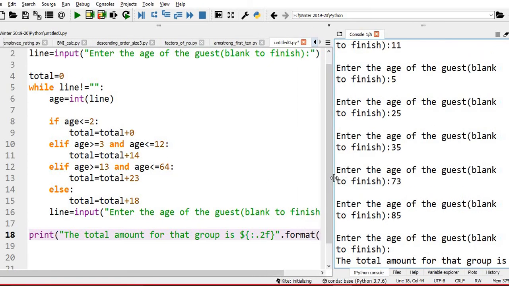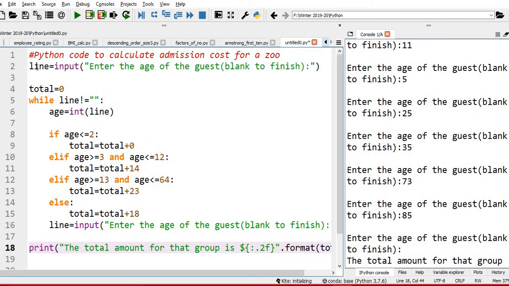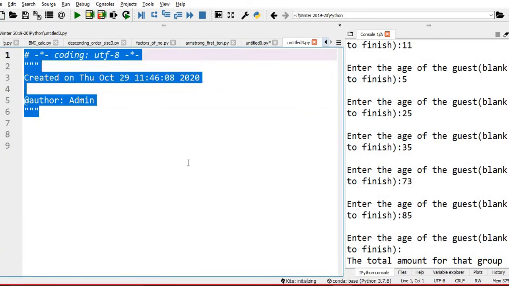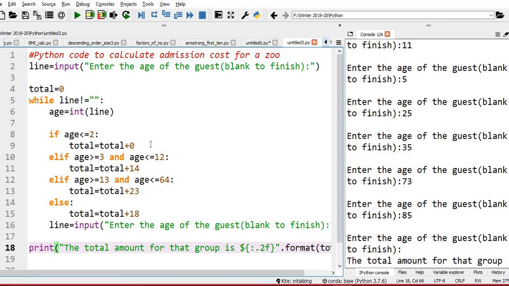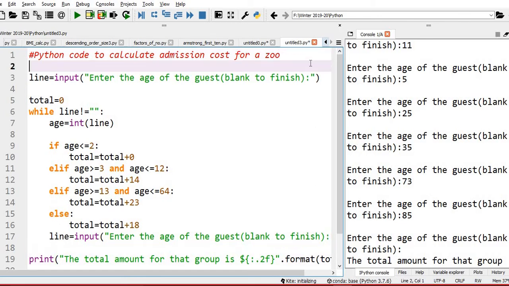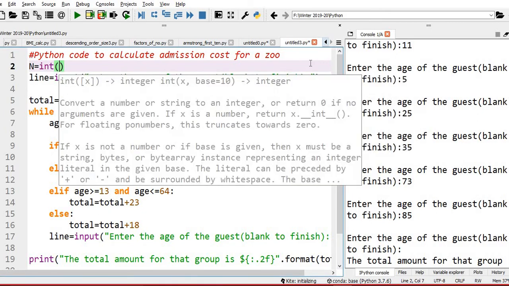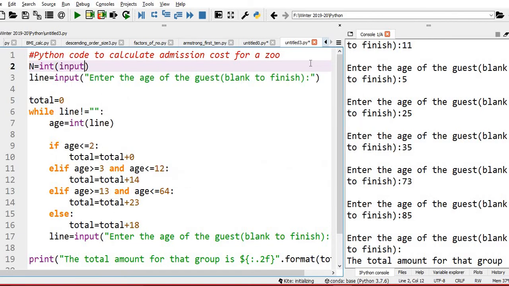You just see what change I am making. Just for simplicity, I don't want to retype the entire code, so let me copy this and modify this code itself. First, I'm getting the number of family members from the user.